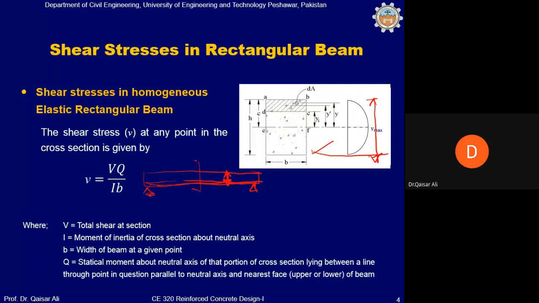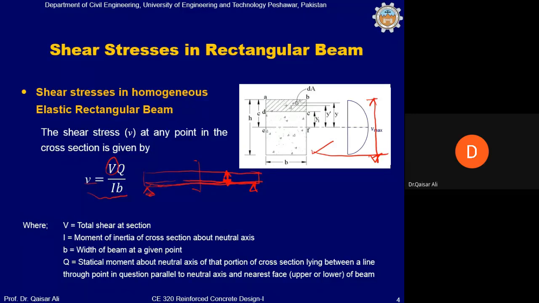Through depth variation, this is called through depth variation, because you would have seen while you were drawing shear force diagram for a beam, that shear forces vary along the length of the beam. This V is shear force, this varies along the length of the beam. But when we talk about the shear stress through the depth of the beam, then it can be expressed by